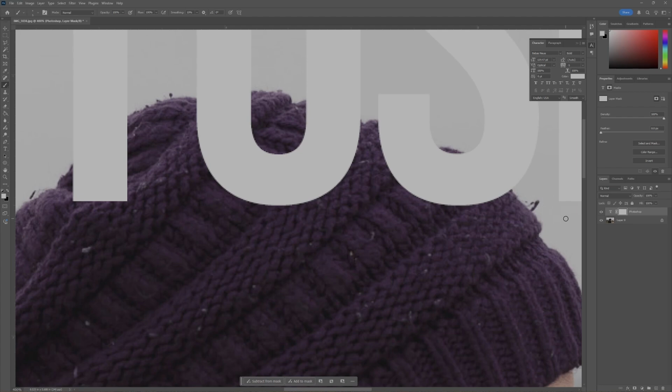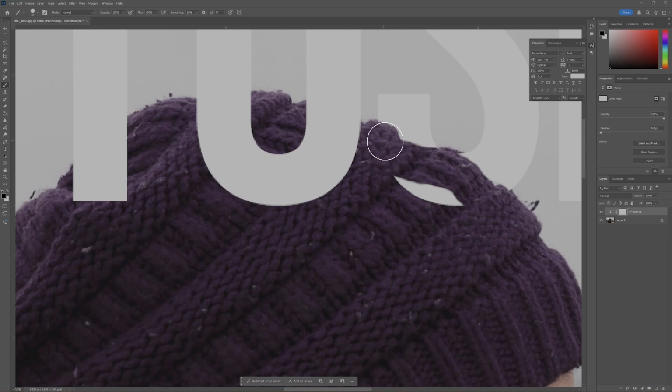And the thing you have to remember with layer masks is something I want you to repeat to yourself. I want you to write it in a little notepad somewhere and just remember: white reveals, black conceals. So instead of using the eraser tool, again, remembering white reveals, black conceals, we're going to use a black paintbrush. And we're going to make sure the layer mask is selected, and we're going to go in here and start